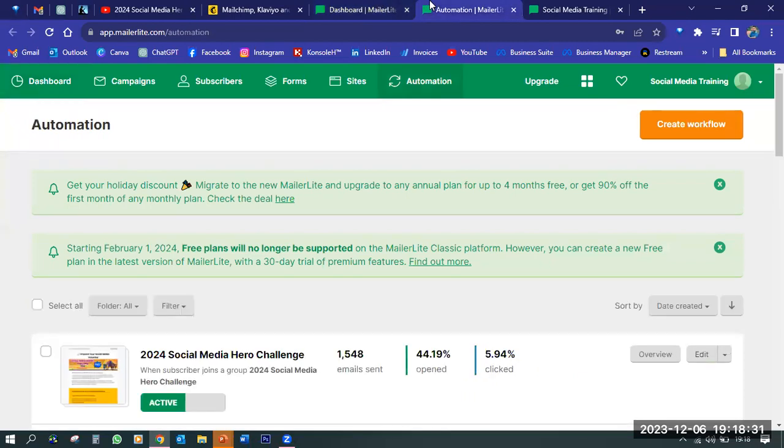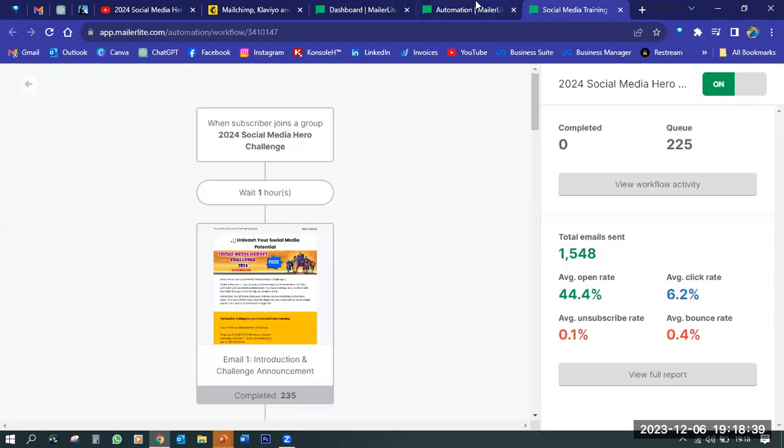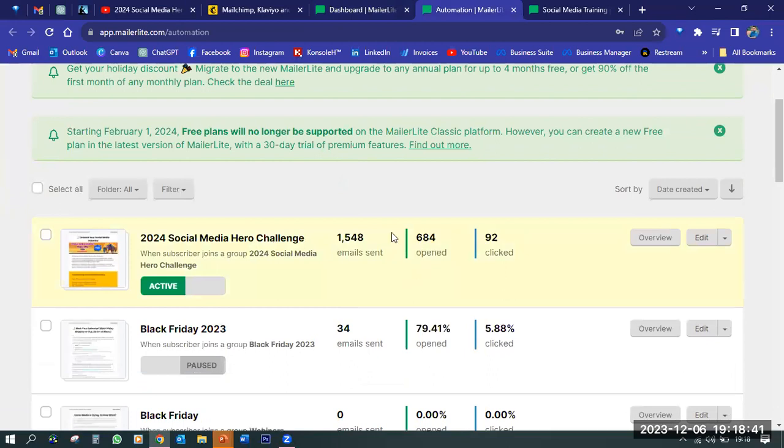So what is automation? Automation basically means instead of me manually sending out an email to people every single day, many of you who signed up would have got my sequence. This is the sequence that I created for this challenge. You would have got 7 emails, maybe 2 days apart. As you can see, this challenge sent out 1,500 emails, and there's still more that it's going to send out. If I show you the actual sequence, if I click on the sequence,